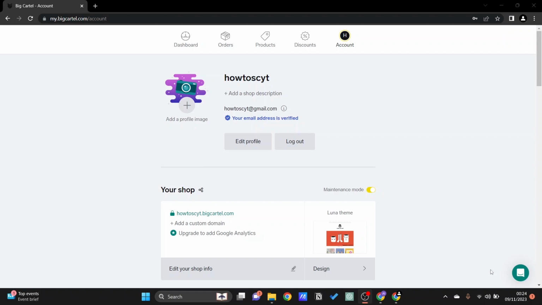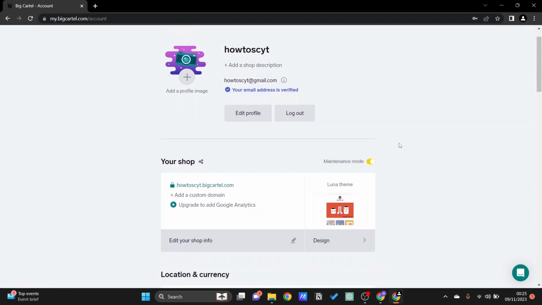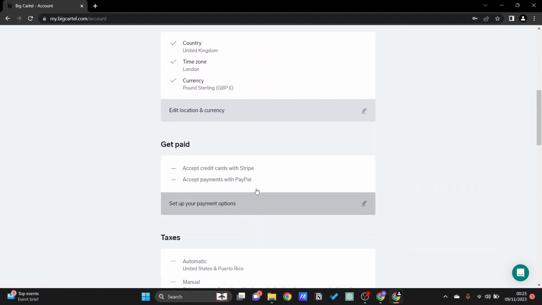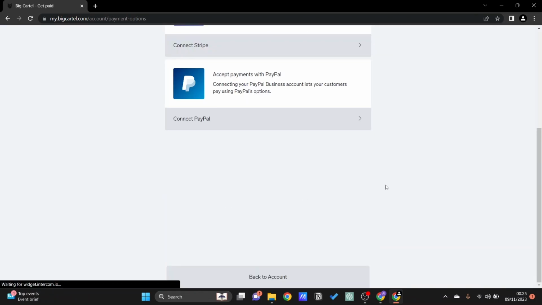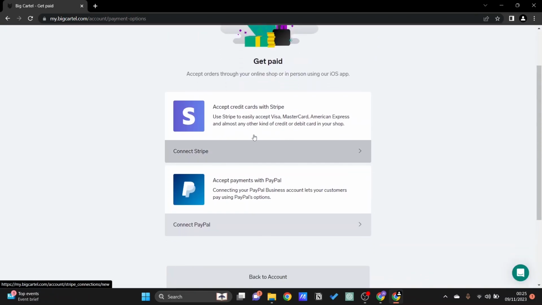Now let's just go into our Big Cartel account and let's go all the way to our account settings right here. And then if we go all the way down, there is this section right here where we can take a look at setting up a payment option. So there are two payment options at the moment, which is Stripe and PayPal. So if we click on this, we can connect our Stripe account and our